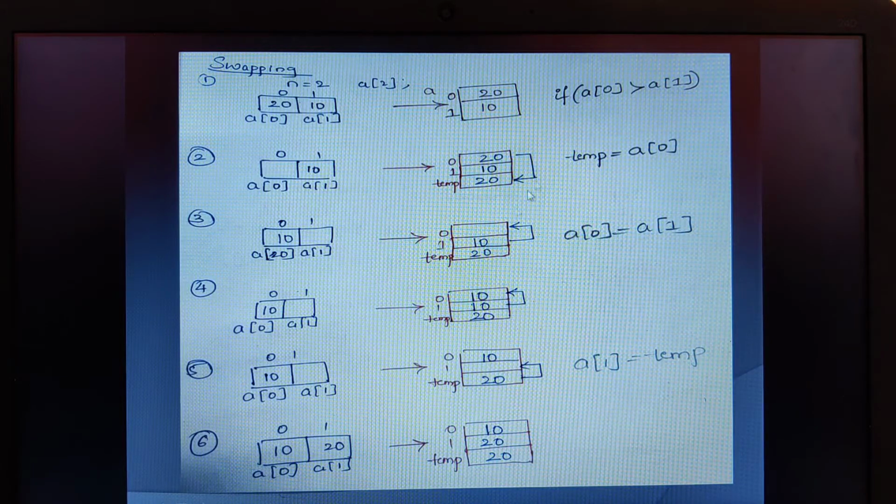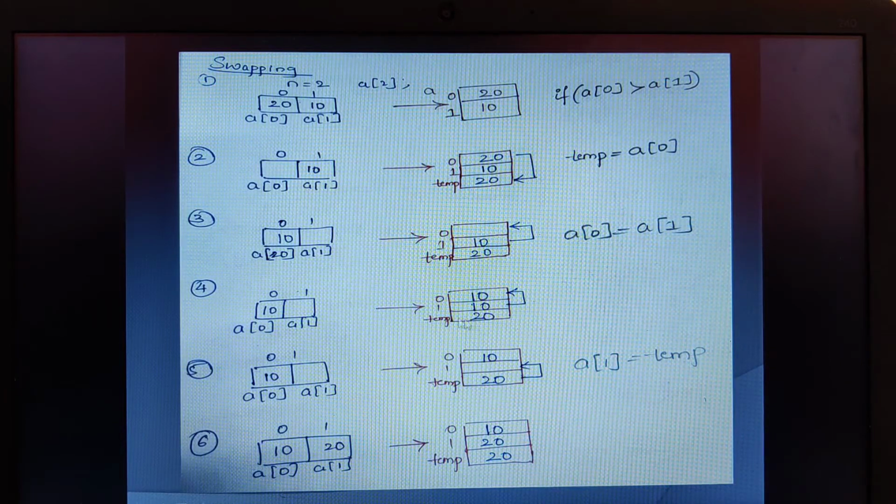Now look at here, when this particular value is moved, here this has become empty. So whatever the value is there in the A of 1 is getting moved in the A of 0. After getting moved, this is how the array we will get. That is, 10 is placed here. Then the value that was here is removed. Actually it will be there. The contents will be rewritten actually.